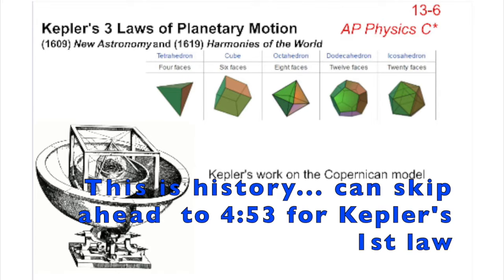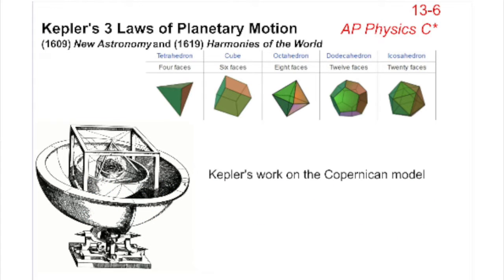So Kepler caught the attention of the astronomy world by working on the Copernican model and coming up with this theory that the relative spaces of the different planets in orbit around the sun could be accounted for by regular geometric shapes. So it had this beautiful Platonic kind of ideal to it. This idea turned out to not pan out, but it caught the attention of many people, including a guy by the name of Tycho Brahe.